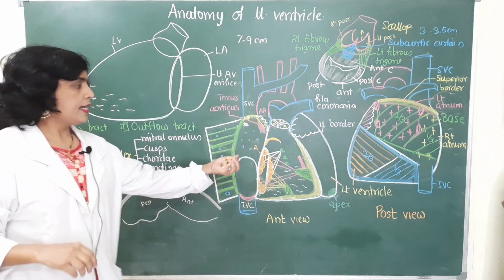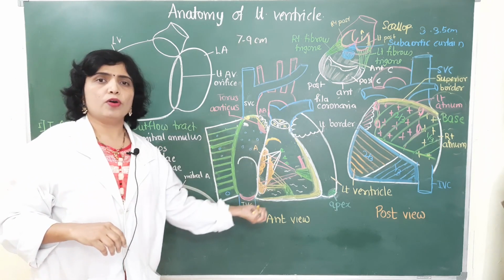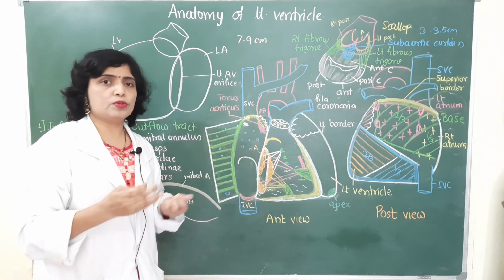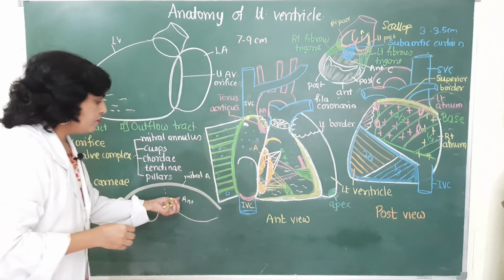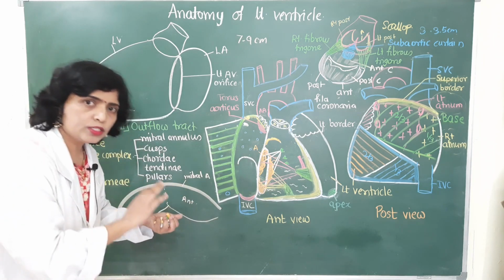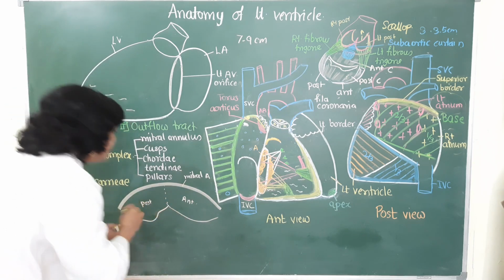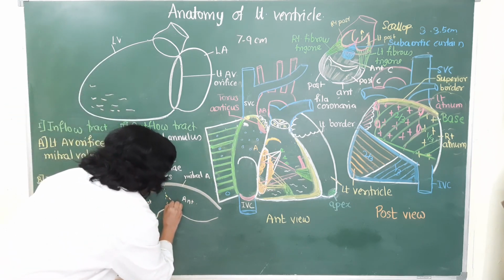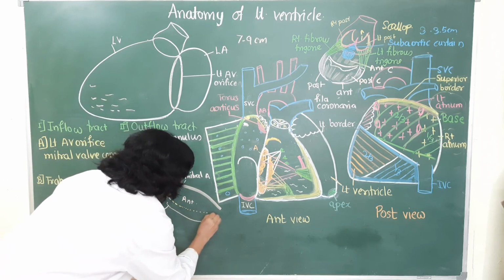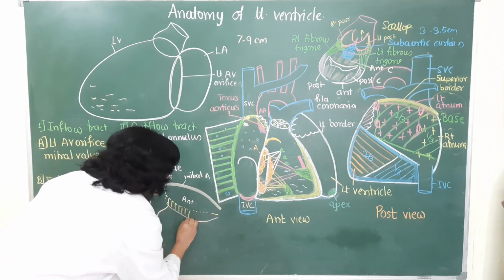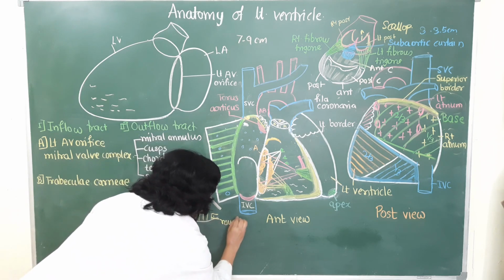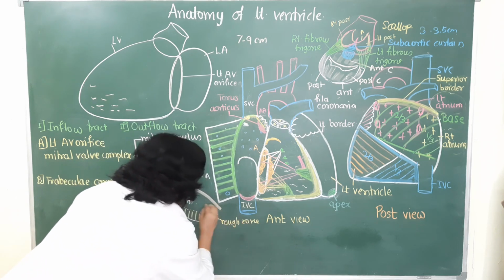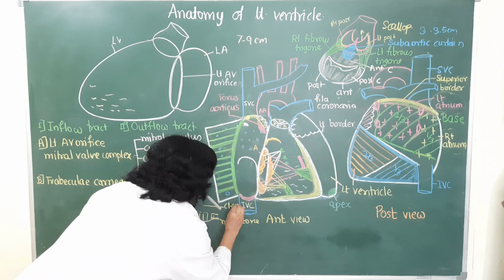These cusps, like the cusp of the right atrioventricular orifice, show three zones. So basal zone, clear zone and the rough zone. But for the anterior cusp, basal zone is absent and here you get the clear zone and the rough zone. So this is the rough zone and this is clear zone.